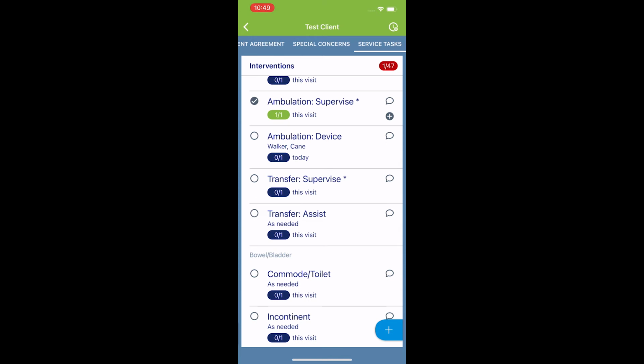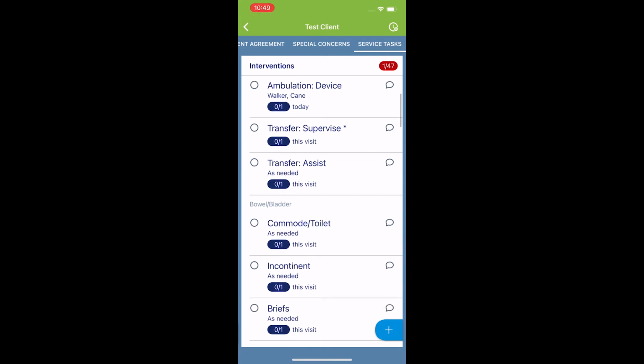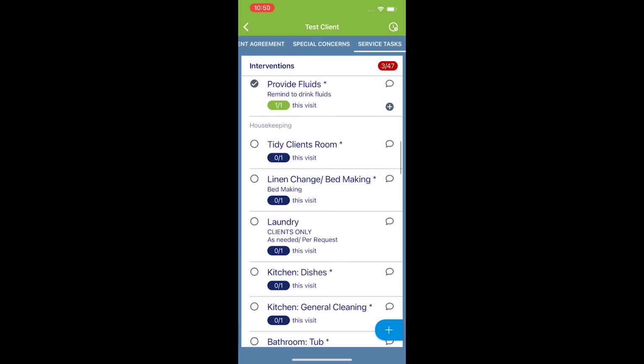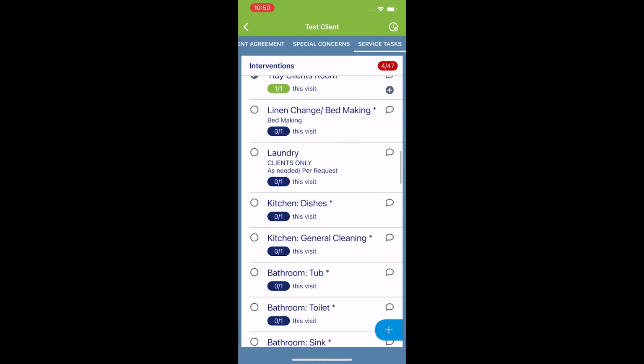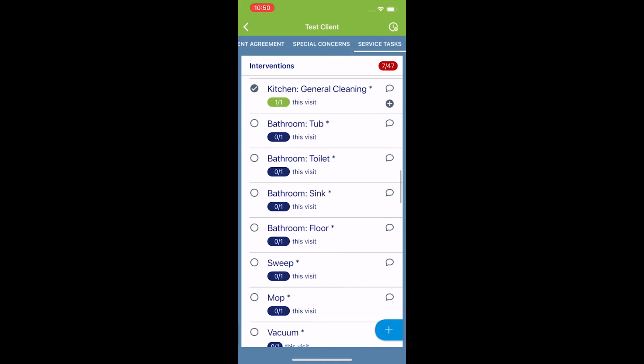So now I'm just going to go through and complete these tasks. For this demonstration, I'm going to do the ones that are only required for this visit. So I'm just going to say that those tasks that aren't required were never asked of me to do, or there was never a reason to do them that day. So please bear with me as I scroll down and check just the ones with the asterisks that are required of me for this visit. Now, as I do this,